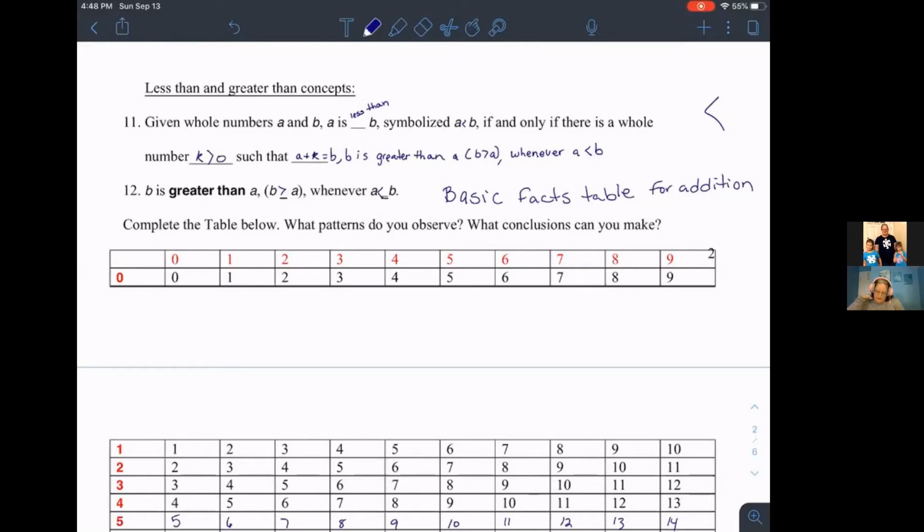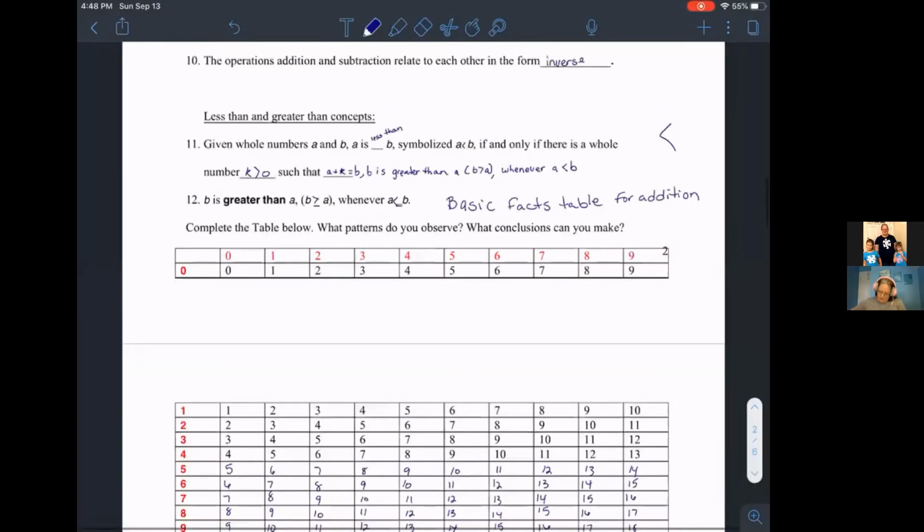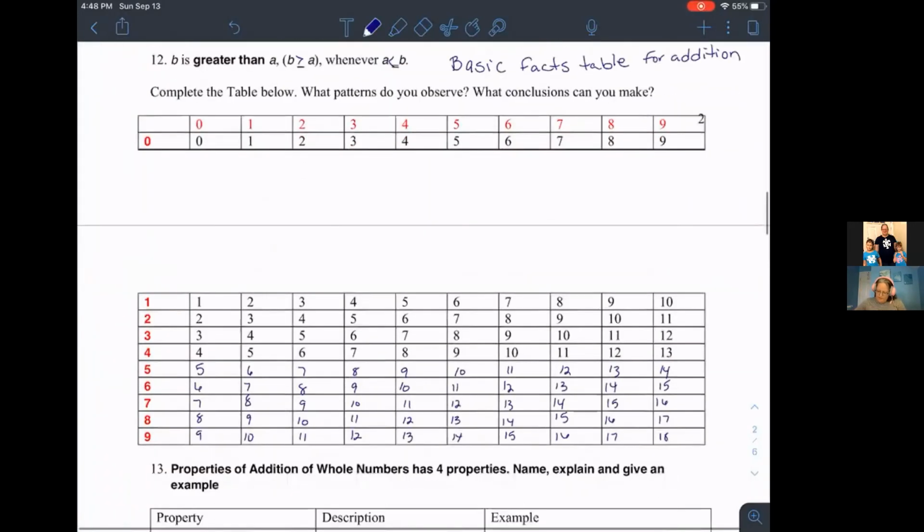Okay, so this chart kind of got confusing to me, but I kind of got it now. What it is you fill it in for each column as it goes up. It also goes up by each row. What it is it's called the basic facts table for addition. So how it works, if it was actually connected together,